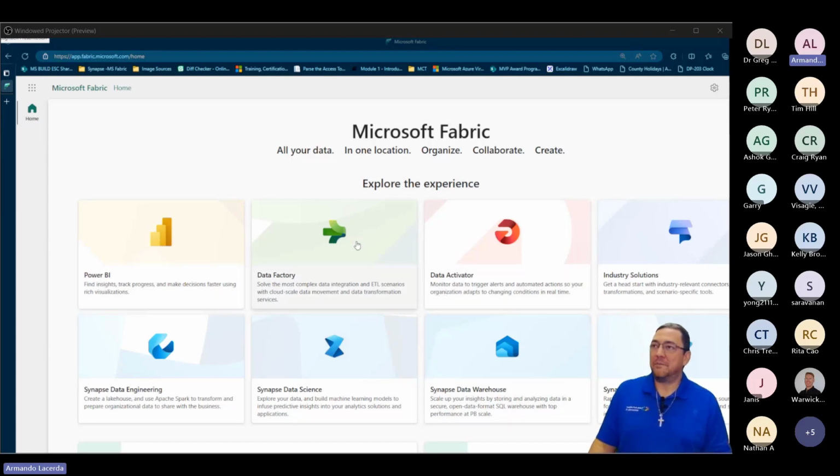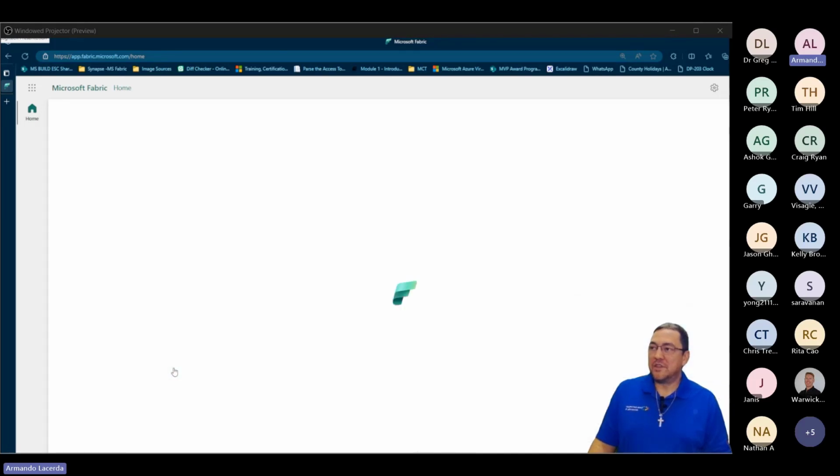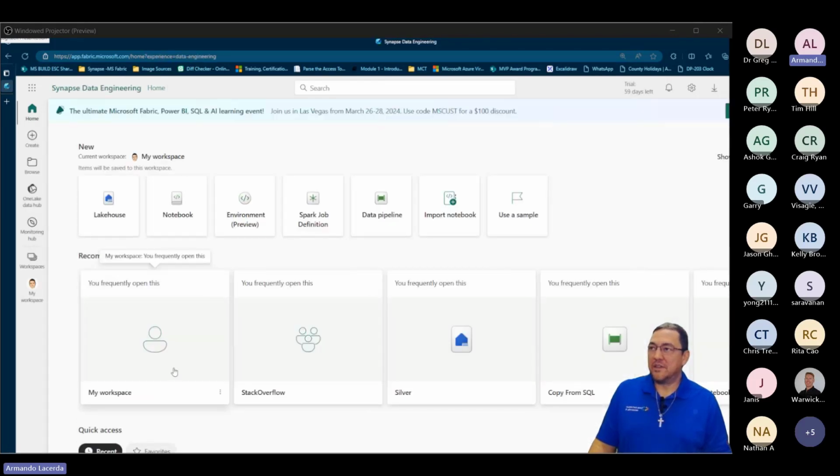I got my Microsoft Fabric. And like I said, I have my workloads. I want to run my workloads. Data engineer is right here. So if I want to do some data engineering stuff, I can come in here and click on data engineering. And I have my options here for data engineering. This is what Microsoft considers inside Fabric the most common options, the most common features, that data engineers will be working with.